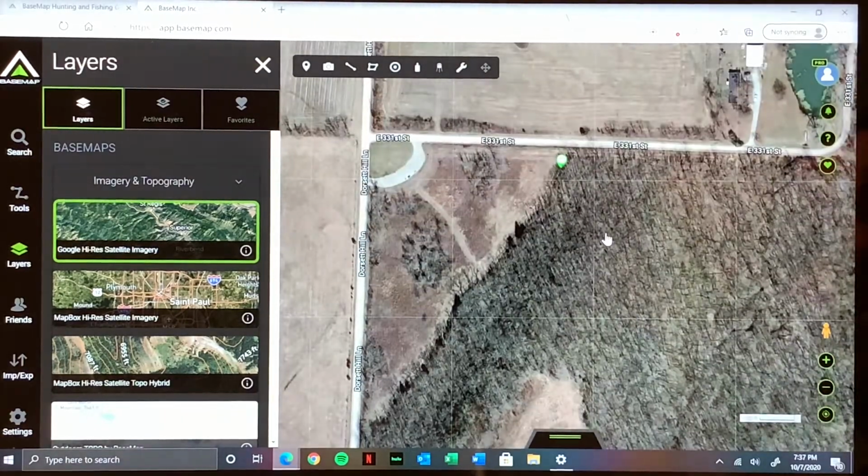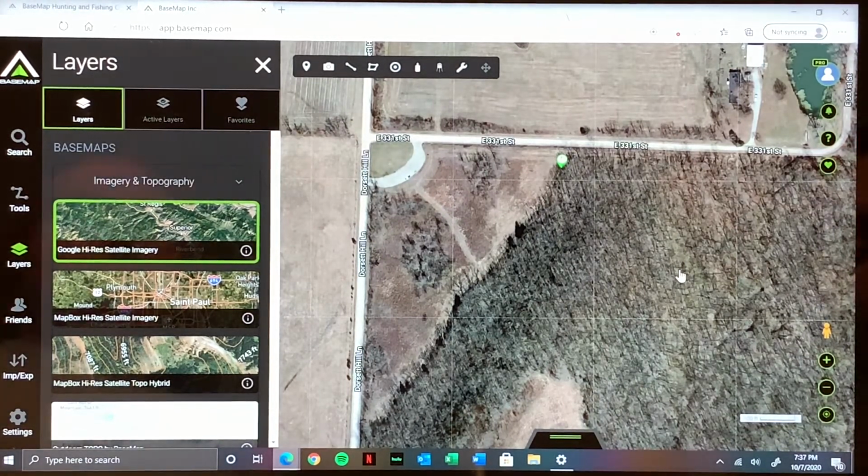Something else we were looking for when we picked this stand was transition areas. This area right here between the timber and the grassland. They'll walk these transition areas on their way to feeding areas. This hillside right here makes a natural funnel for them. If they're coming off here, they're probably going to come right off this point, right down through there, or they're going to walk alongside this hillside and come out there. So this is going to be a great spot. We're just going to have to get in there and